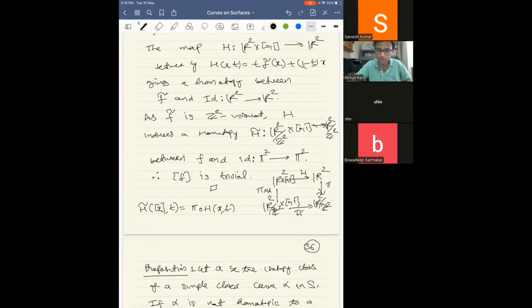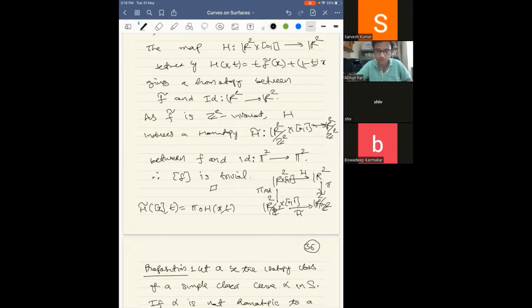So suppose, let me just take it. If you consider the sum, the point is that this will induce a map H tilde from R2 to